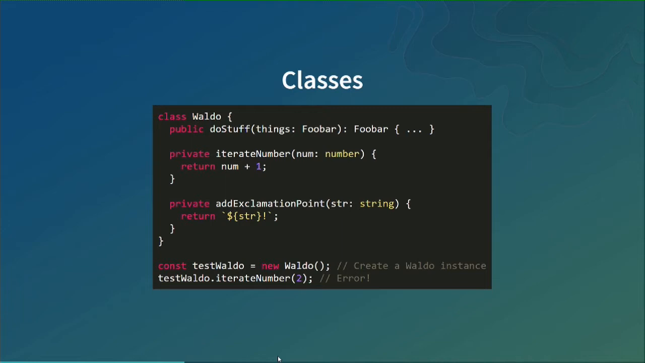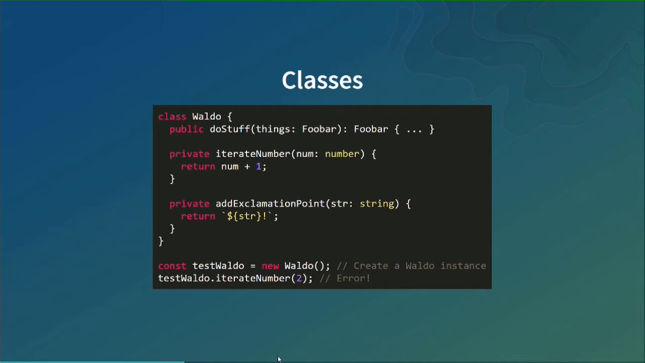But let's decide that doStuff was a little bit unmaintainable. I couldn't really understand what exactly it was doing. Now I'm going to split that method up into 2 private methods. I have this iterateNumber method, and now I have an addExclamationPoint method. And I've declared both these methods as private. Now I can go in and instantiate and create an instance of Waldo as testWaldo, and I can call this iterateNumber method with 2, expecting to get that 2 iterated to 3,